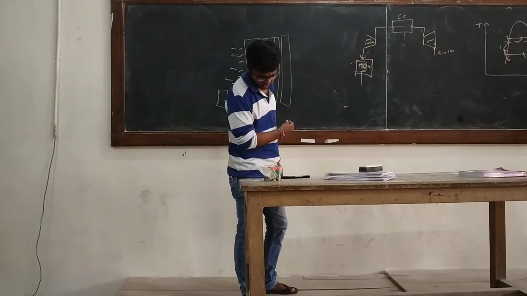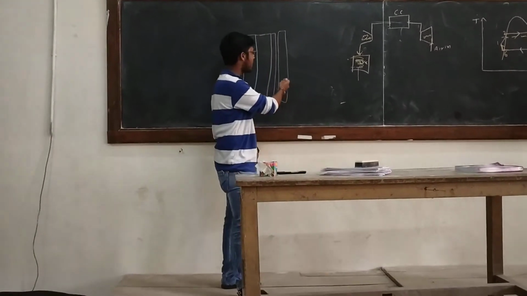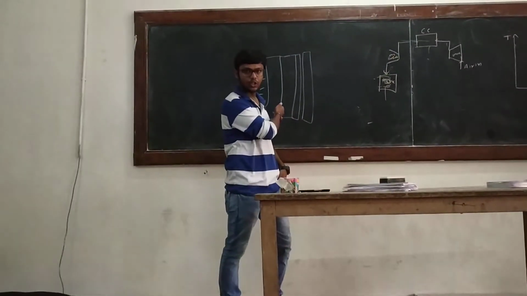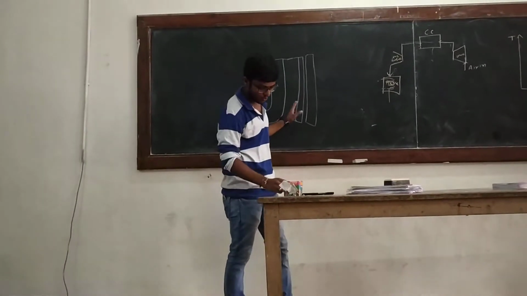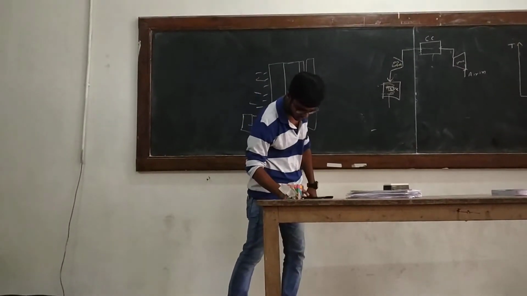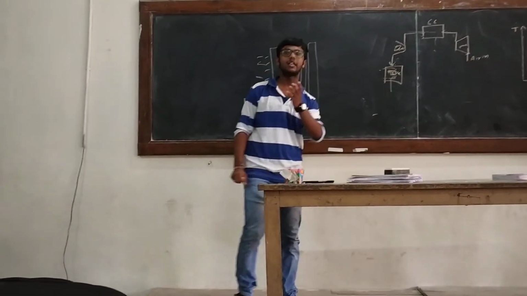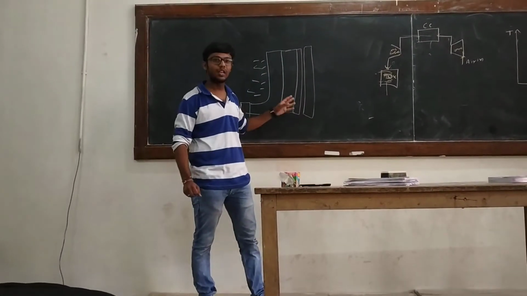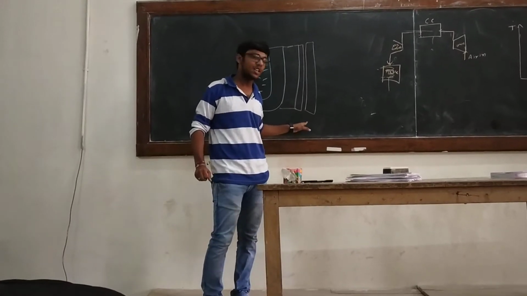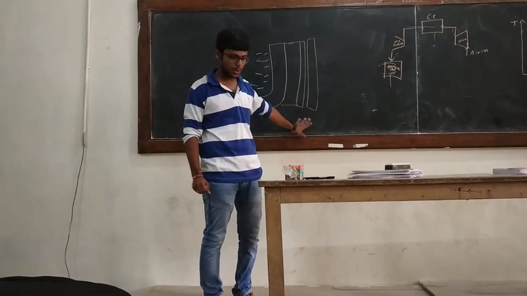In addition to that, a cooling coil is provided for cooling, to keep the temperature under control inside the furnace. And this lining material is equipped with the OCP, that is, optical coil protector. These are basically optical sensors which sense the inside temperature.